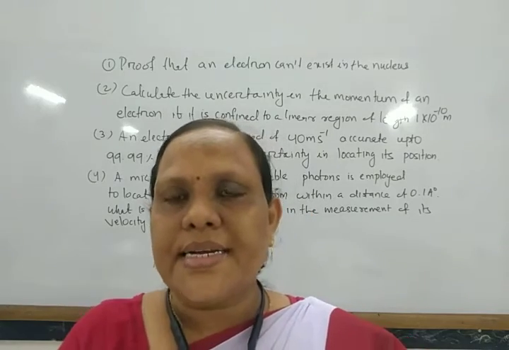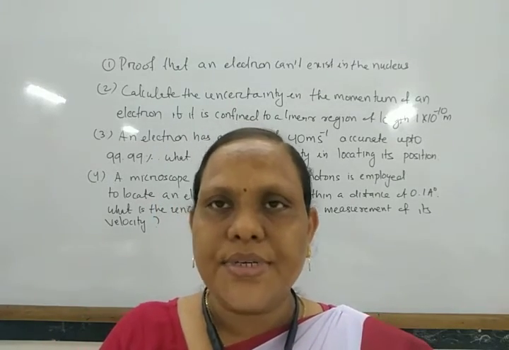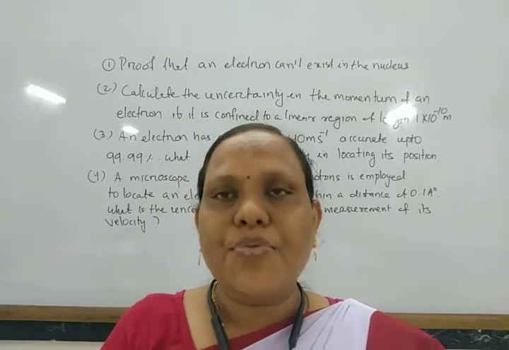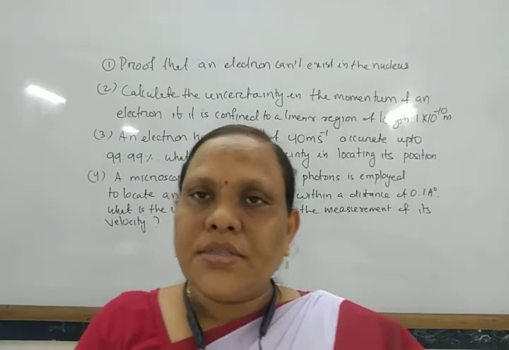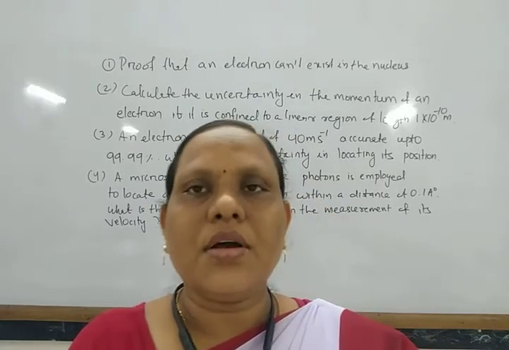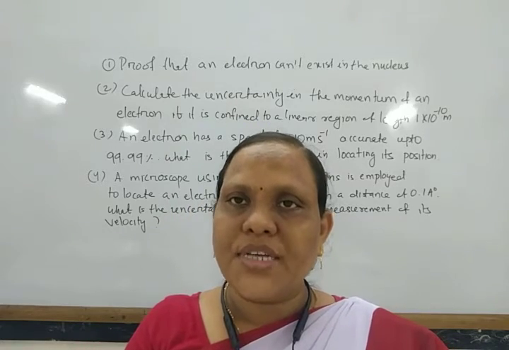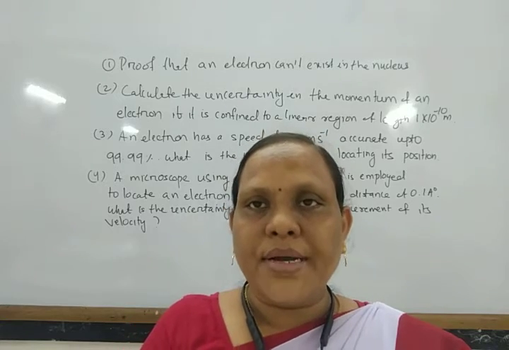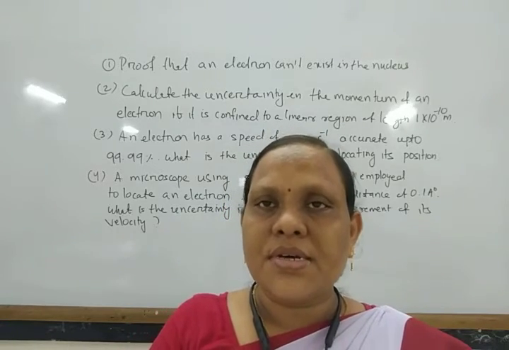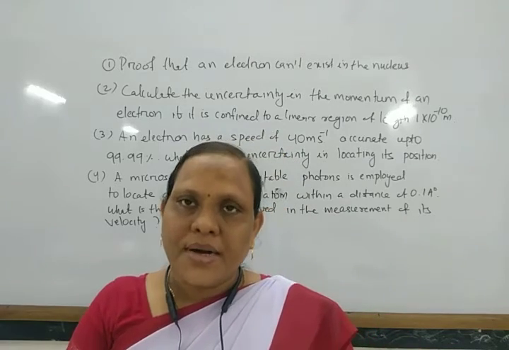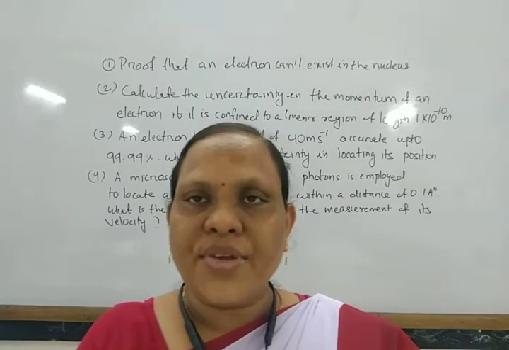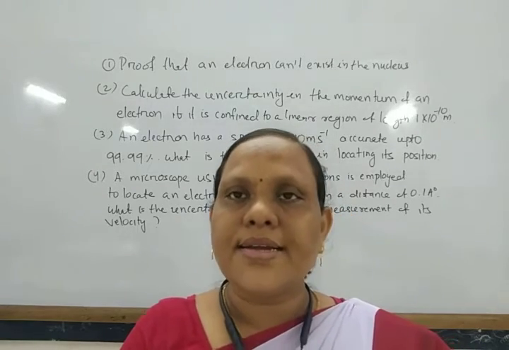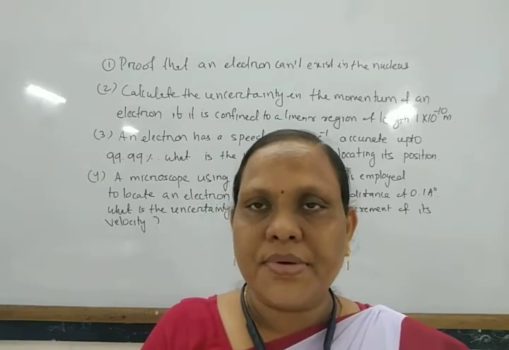Good morning, dear students. So, last class we studied about dual nature of matter and uncertainty principle, and also solved some problems regarding Bohr's atomic theory, Bohr's atomic model, and dual nature of matter. And here we are going to discuss some other parts, that is the concept of orbit, orbital. And before that, let us solve some problems regarding uncertainty principle.